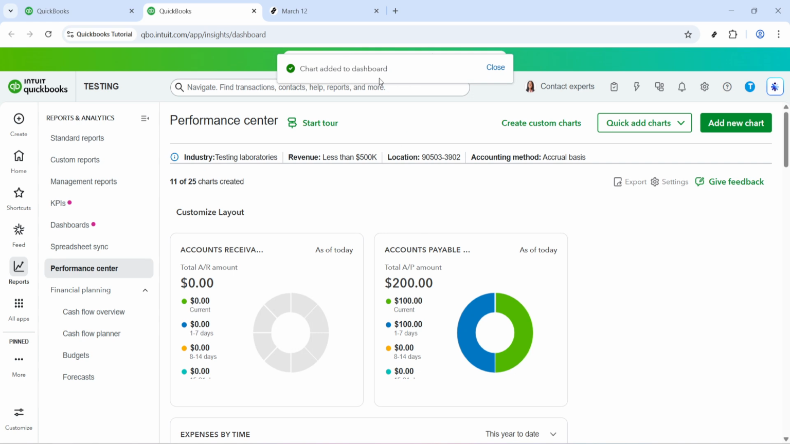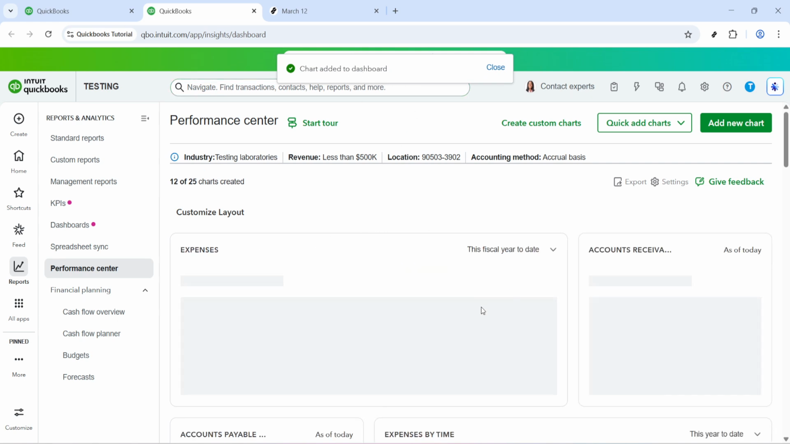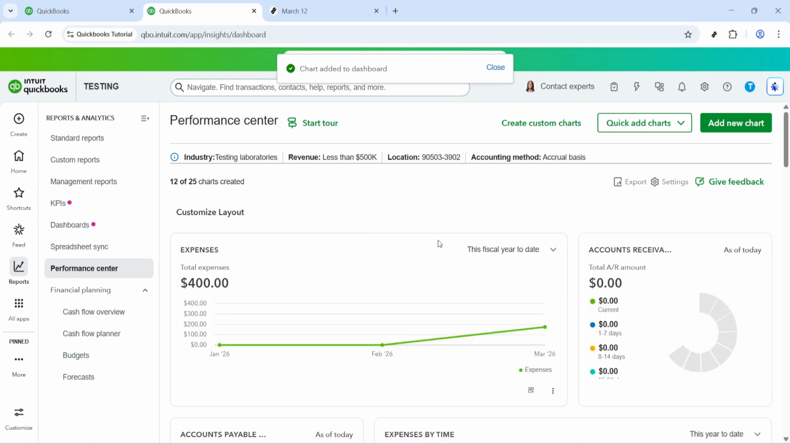Hover over points or bars to see exact values, and use the chart to prompt conversations about cost controls or budgeting. That's it. Your expenses chart is live in the Performance Center, giving you fast visual insight into